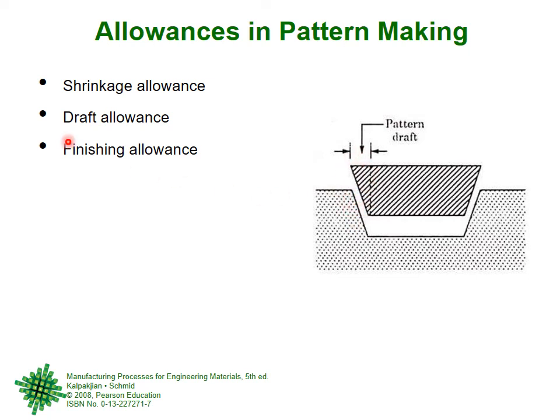And in the end, to improve the surface finish and the final size, there is some finishing allowance. So shrinkage, draft, and finishing, 3 types of allowances must be taken into account when we are making or designing a pattern. And of course, there are guidelines about it. If we go into casting in detail in some other course or in your engineering field, then you will get more details of this.